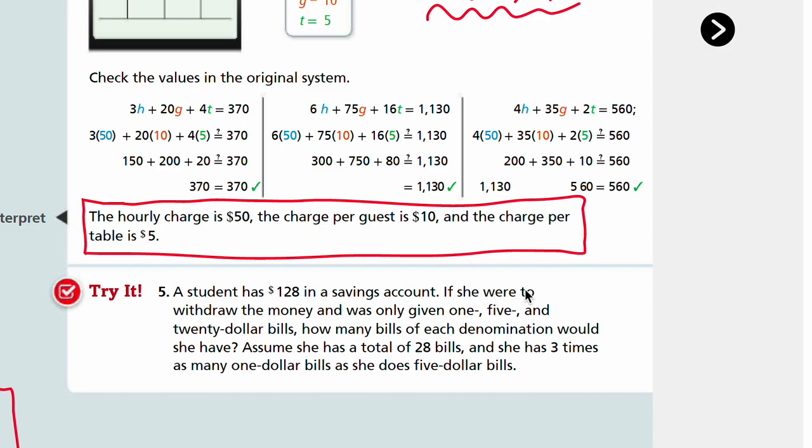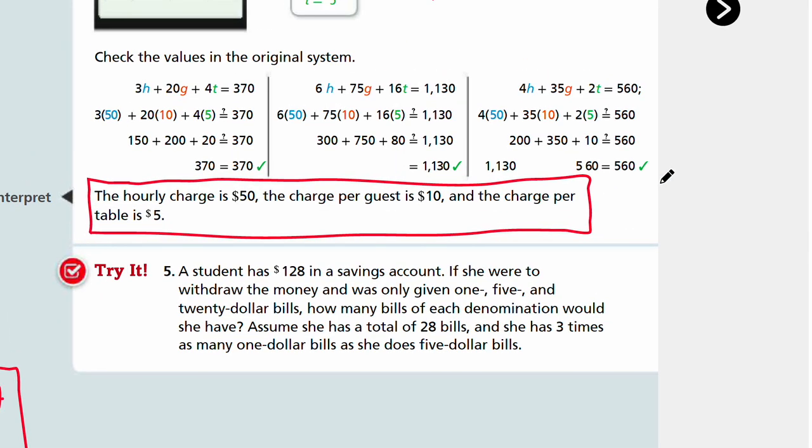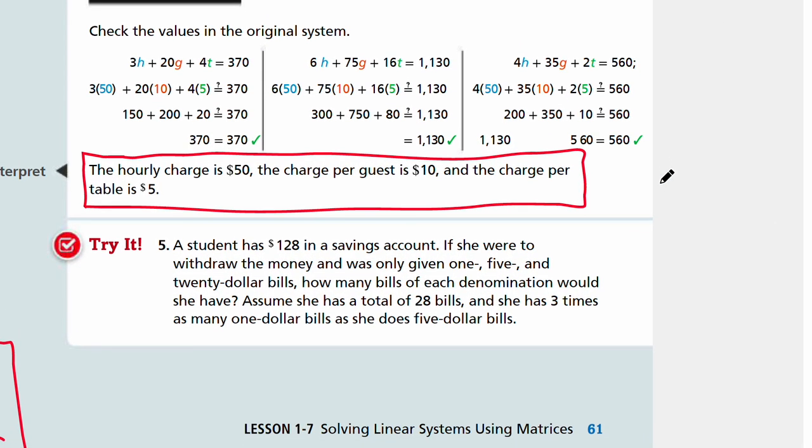Okay, are you ready? All right, so it is a different context, but you can use the same skills